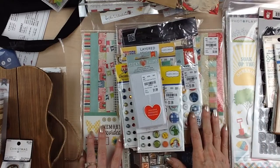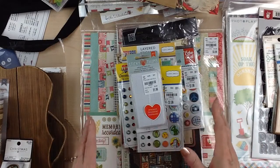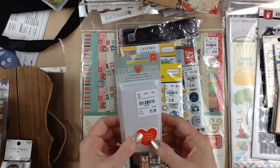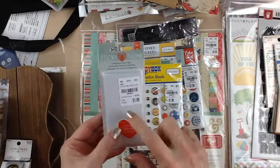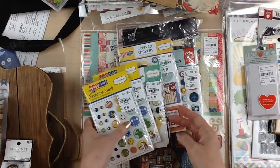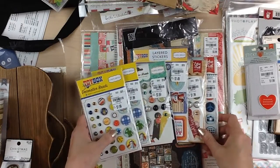They had tons of stuff, and I could have bought so much more, but again, I have more than enough to last me a lifetime, and I'm not using it as much right now, so I really contained myself. But I got some of these little foam dots. I use my big roll, but I do like having little ones like this for certain projects, and so I picked one up. They had brads galore, and I have brads, and I don't use brads, but I've started using them,